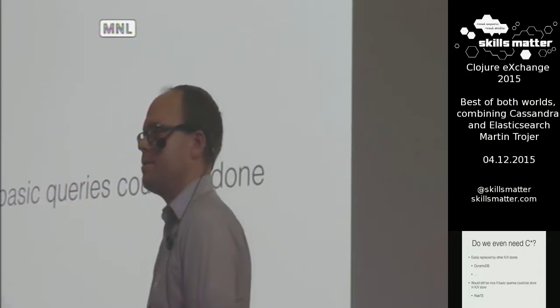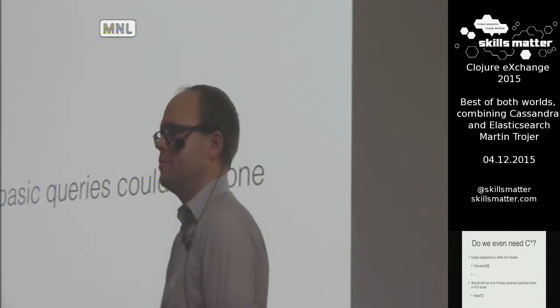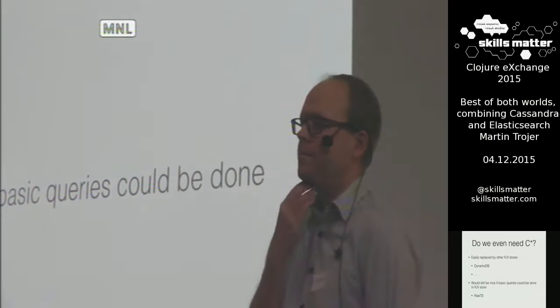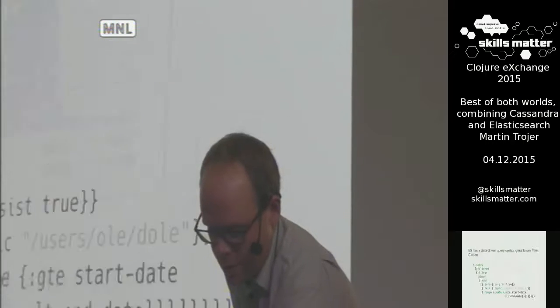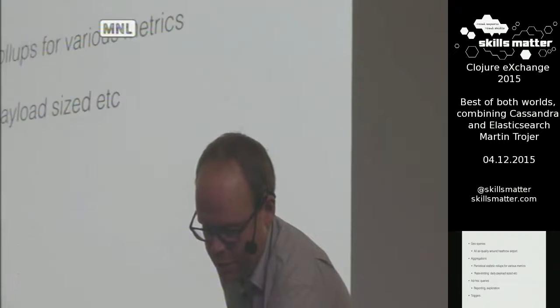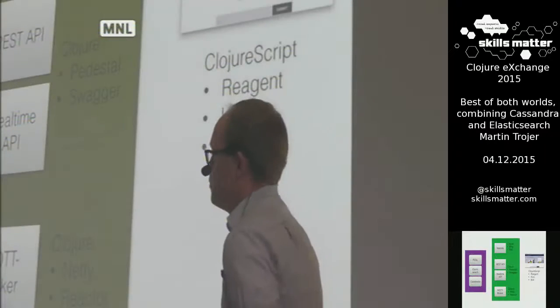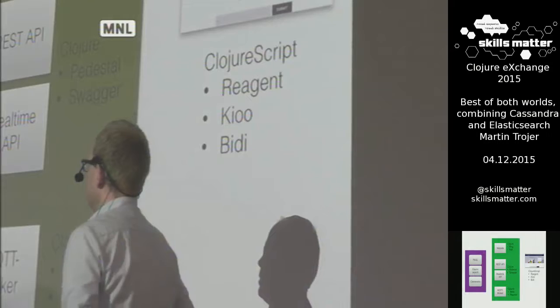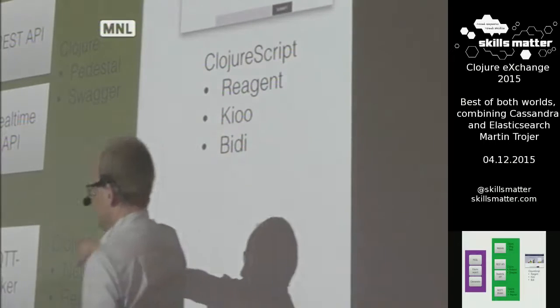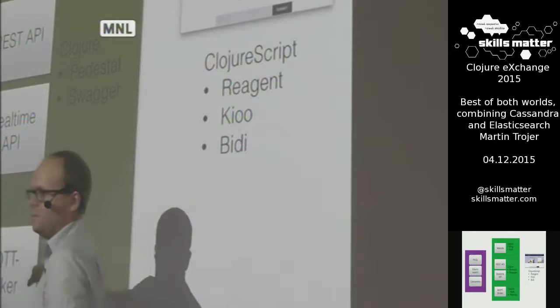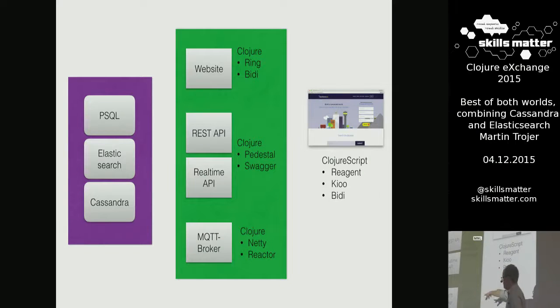I was wondering, have you considered using Kafka as sort of the canonical data store to populate these databases from? Because I think it would fit your model pretty well. So putting Kafka in between somehow? Basically as the main canonical data source and populating both Cassandra and Elasticsearch from it. Yeah, so we have a message broker, which we built ourselves. So this reactor thing can also be a Rabbit cluster if we have to, if we want to go distributed there.